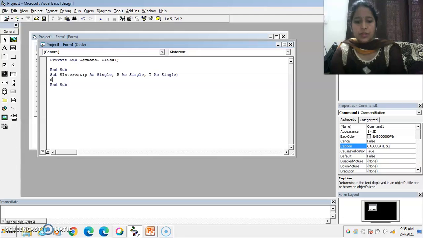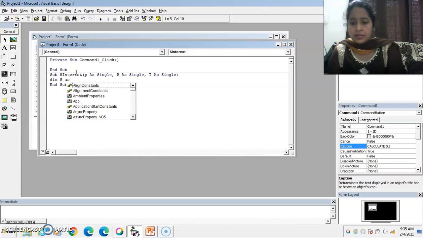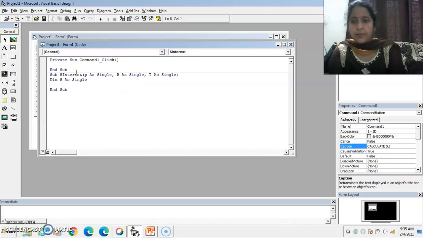Okay. Now take one more argument, S, to store the result. Now all of you know that to calculate the simple interest there is a formula, that is P*R*T divided by 100.